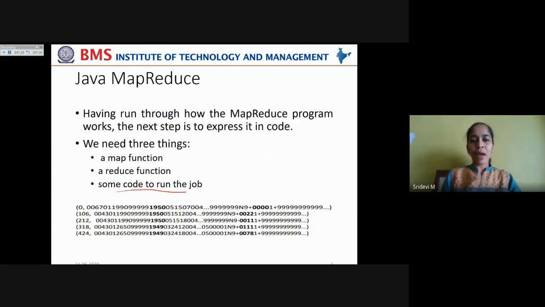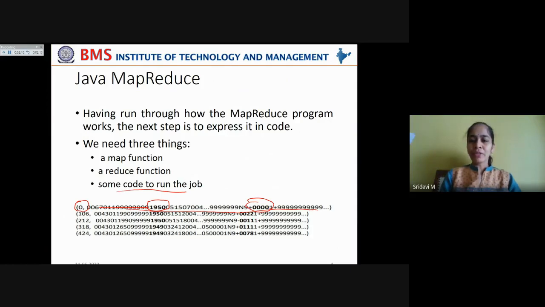Now the input for the map function will be in this format. This is the file offset, and this is the input split, the text from which the data that needs to be processed has to be extracted. This is an entire text having some meteorological measurements. The problem of interest here is only extracting the year and the temperature recorded in that particular year. Taking 1950 as the year, here you have the temperature recording. The sign, plus or minus, indicates a positive or negative temperature recorded.